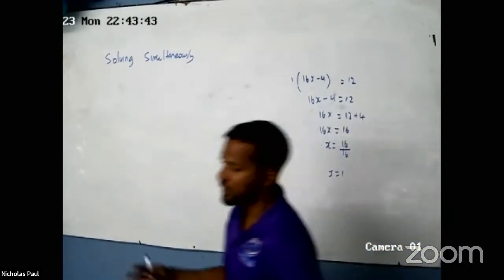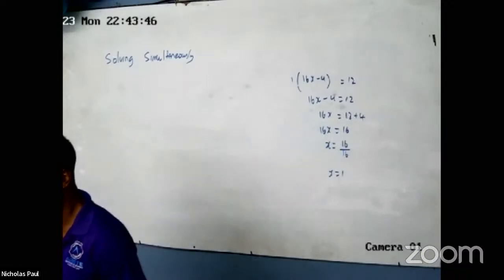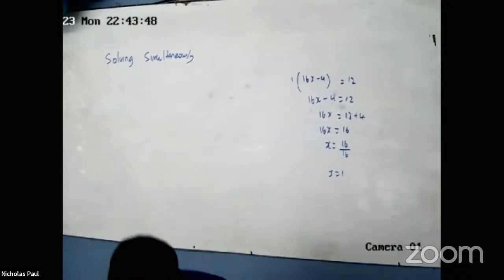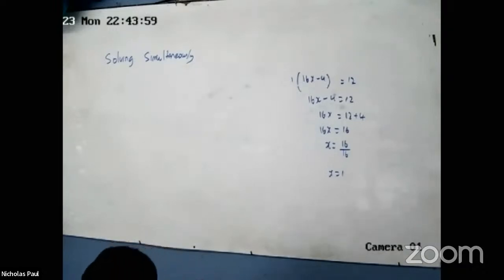Solving simultaneous. When an equation has two variables, take a small little note fast, so you'll know what you're doing. When an equation has two variables,